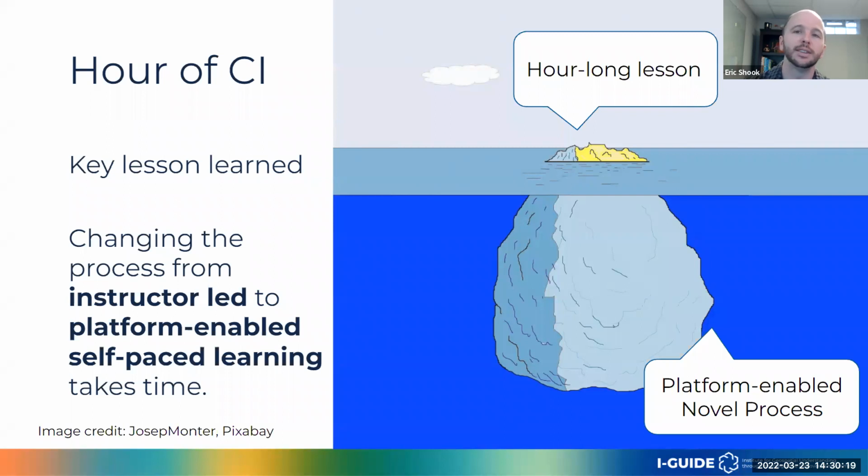One of the key lessons that we learned in this project that's still ongoing, by the way, we had a number of COVID-related disruptions, which is a topic for a different webinar entirely, is that we originally thought, oh, 17 hour-long lessons, that's not too bad. What was lurking beneath the surface was the amount of energy and effort that it takes to change the process